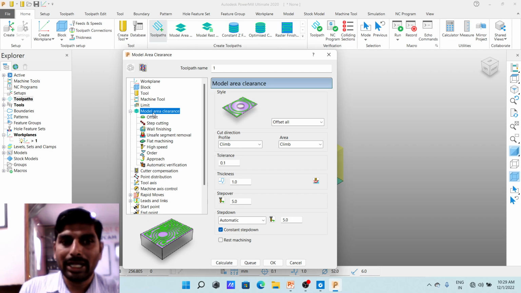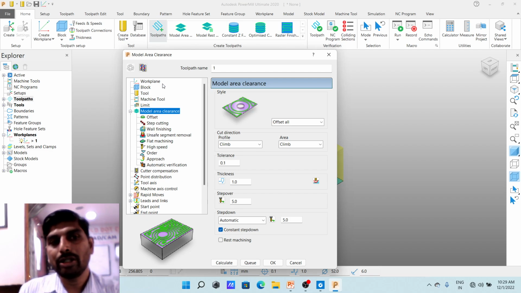So there are two options: either you define your block tool outside, or you can define it through this form also. We have already defined it outside, so we will not change it over here. Once you open this, you have to click here on the model area clearance tab. If you click here, you have to fill up some parameters, and firstly it asks for